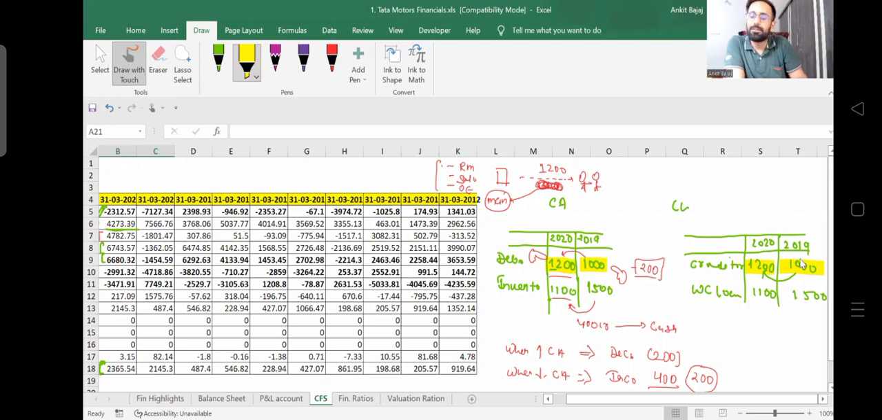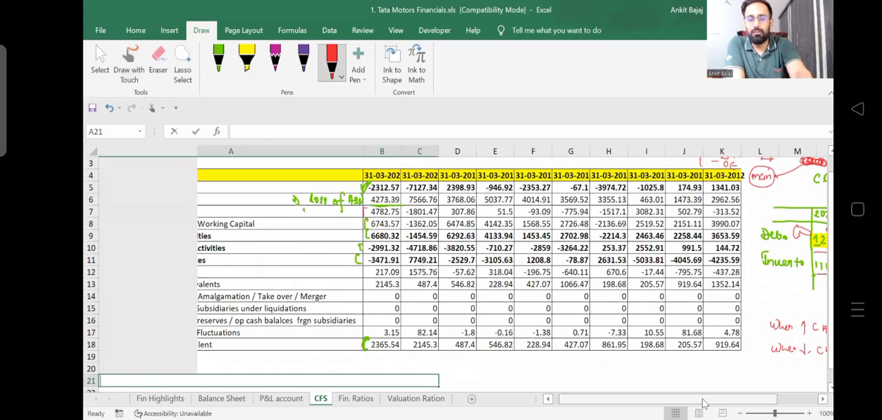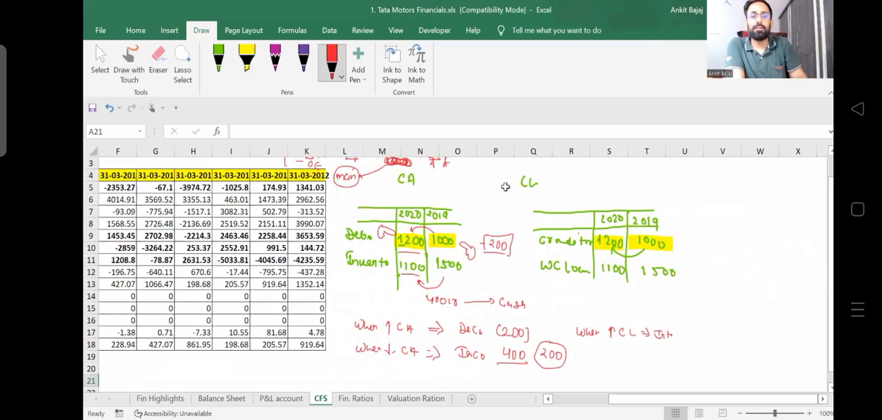Total purchases of 1,200. In previous year, you already purchased goods of 1,000 crore, and in current year the value of creditor is almost 1,200. So it means the creditor is providing you credit. So whenever there is an increase in creditor, right? Whenever there is an increase in current liability, right? It means there will be an increase in cash. It means there will be an increase in cash for sure, right? You have to understand this thing. Whenever there is an increase in current liability,